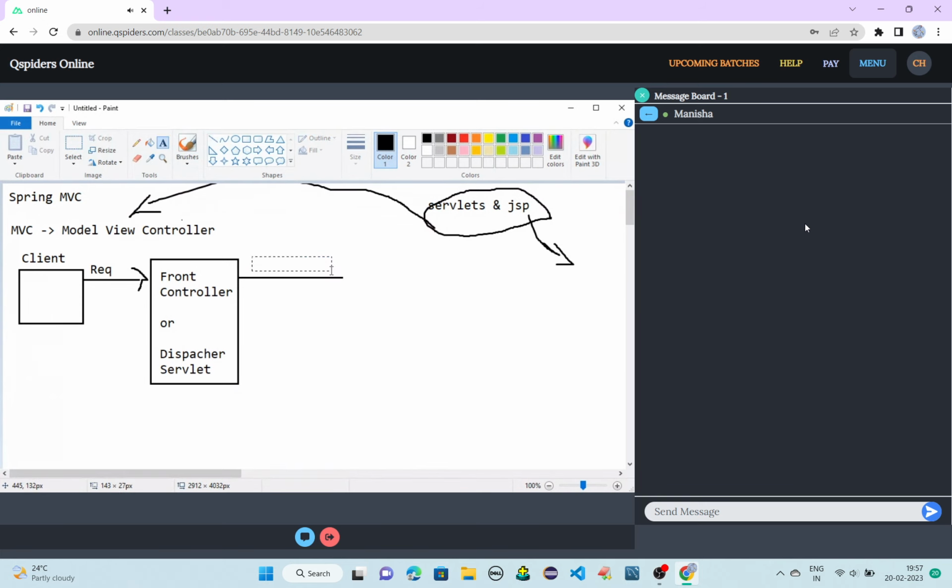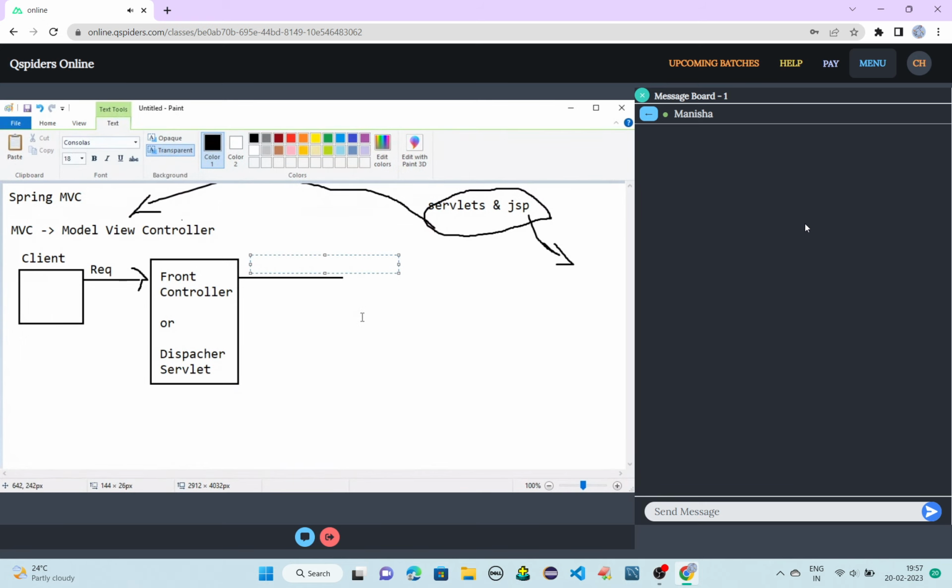And that data collected by the front controller will be moved to your controller part, your DAO part and all. That data we call the model, nothing else.